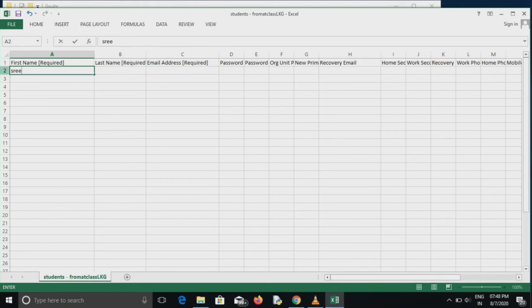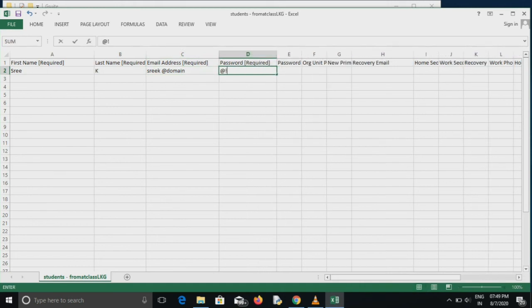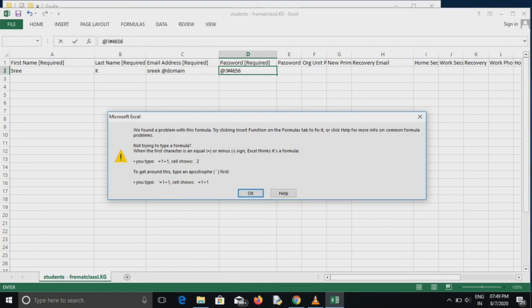While you are typing the organization unit, you can see the org unit field, and there you have to put a forward slash before typing the organization unit. Then carefully type all those things. Once you assign that email address, that will be there for the students, so please take care while typing the G Suite mail ID. At domain.com means the domain under which you registered the G Suite account. The first and last name will be the first part of the mail ID, and after the at part you add your domain address, then it will be okay.